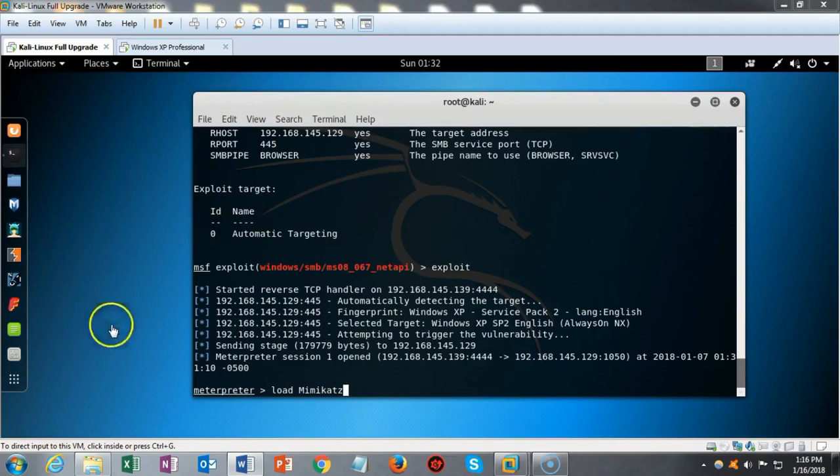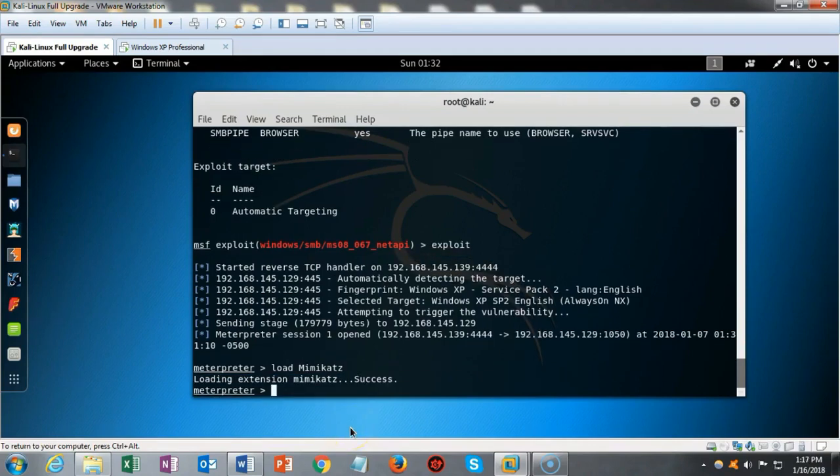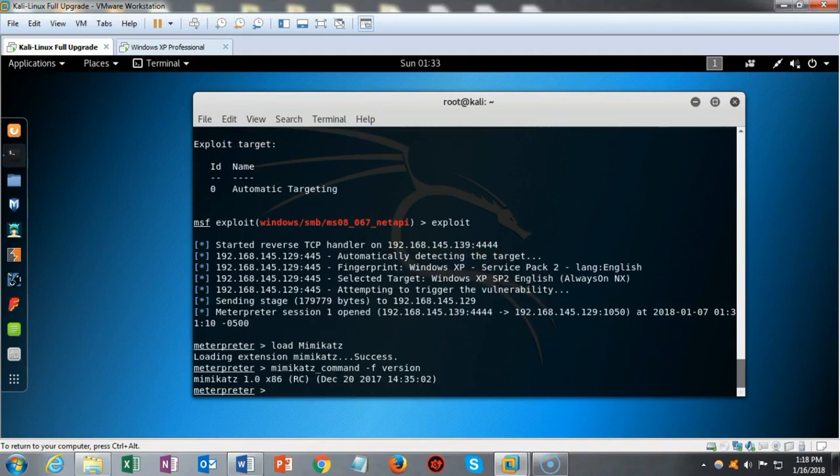So what I'm going to do now is load the Mimikatz onto the target machine so that we can try to capture some passwords. So I've used the command load Mimikatz, and this is going to load this onto the remote target. And it comes back letting me know that that did succeed successfully. If you would like to see what version of Mimikatz you are running, you can use the following command, mimikatz_command -f version. We'll go ahead and run that, and we're going to hit enter,